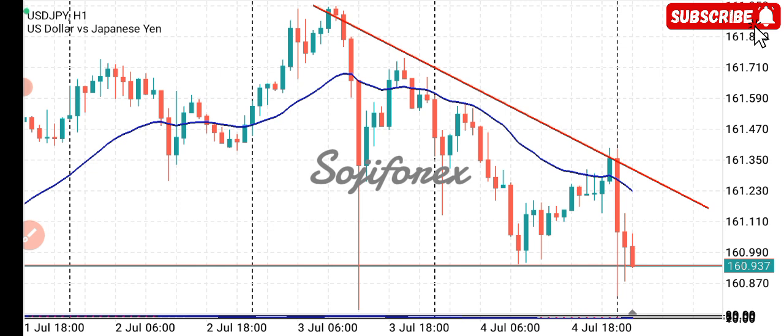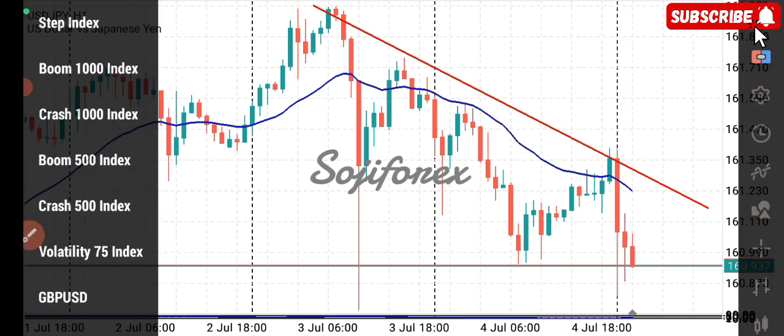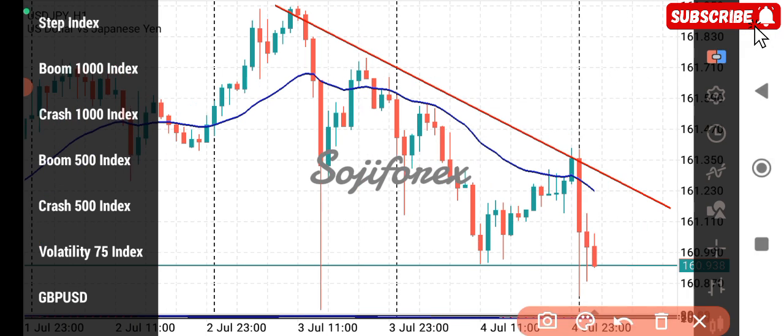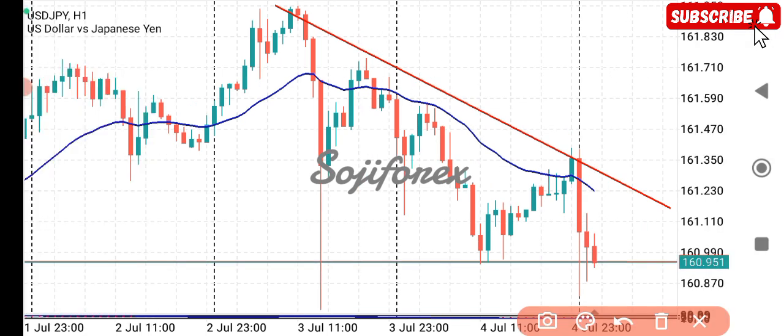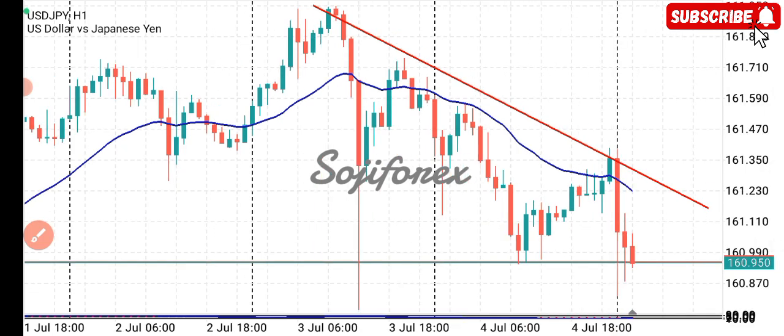So what we just did now, we connect the trend line to the previous movement of price to the current point, that is the last point where the trend line is making contact and where the indicator is making contact with the candlesticks. So presently price is below our indicator. We have established that,